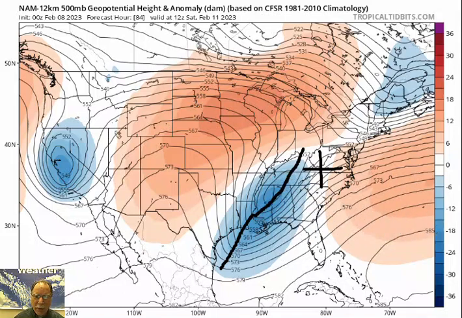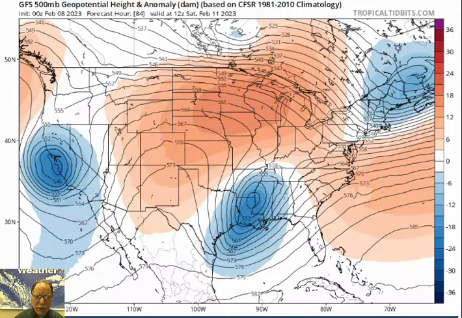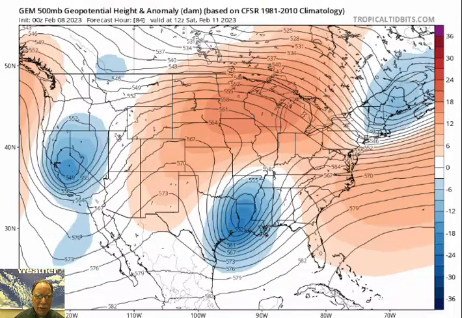Now, if we look at a couple other models here, substantially different. Here's the GFS model. Notice a little bit more of a neutral trough axis and farther to the west, a little bit slower here with the movement of this upper level wave of energy. And similarly, the Canadian model from last night is even a tad farther to the west, maybe centered over Louisiana, and more of a neutral type of orientation to that trough axis. So this is something we'll monitor.